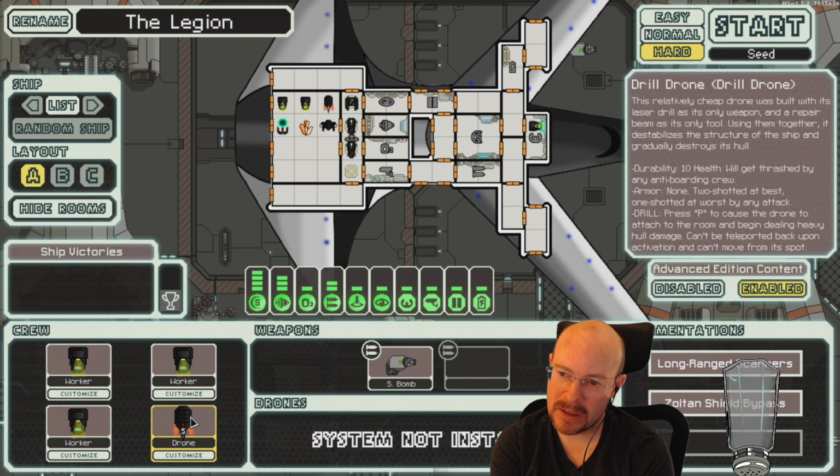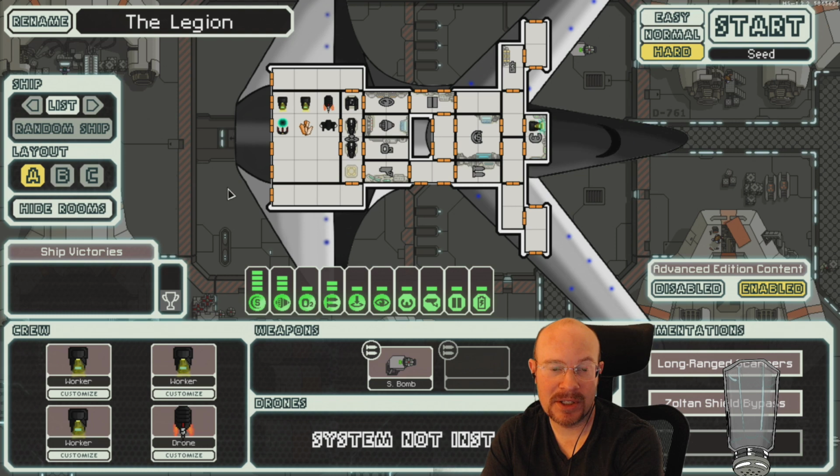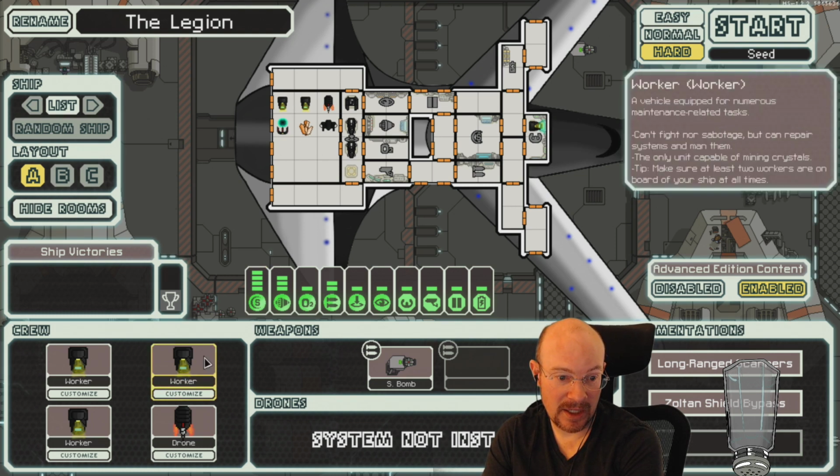Drill. Press P to cause the drone to attach to the room. Begin dealing heavy hull damage. Can't be teleported back upon activation. Can't move from its spot. It's a room with a warp gate too. Ah, okay. So this room has a warp gate and these are crystals. And I have